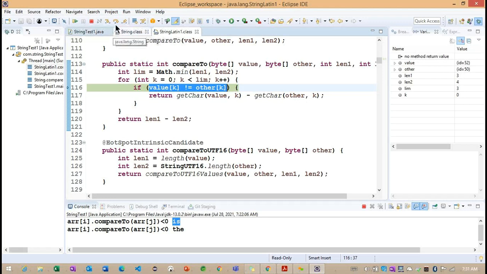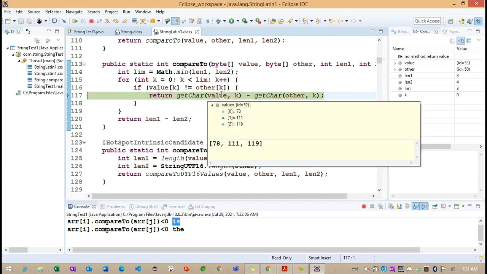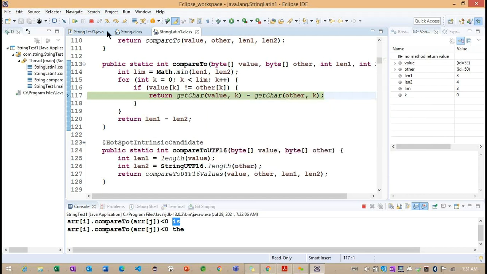So if it is returning true, now what can we understand here? The getChar method. Getting the point, we need to focus on the getChar method. The getChar method is returning a character. So based on this particular getChar method, it will try to return the appropriate integer value.